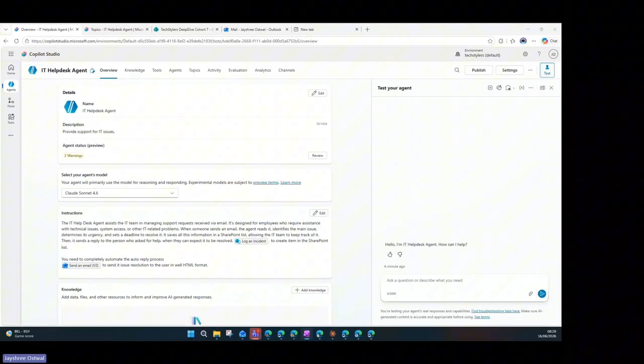As we have seen how to create an agent, you just need to open Copilot Studio, make sure that you are selecting the appropriate Power Platform environment, and then create a new agent. Add some description for the agent and you are ready to go. Now we are defining the agent to handle specific IT requests. That's where